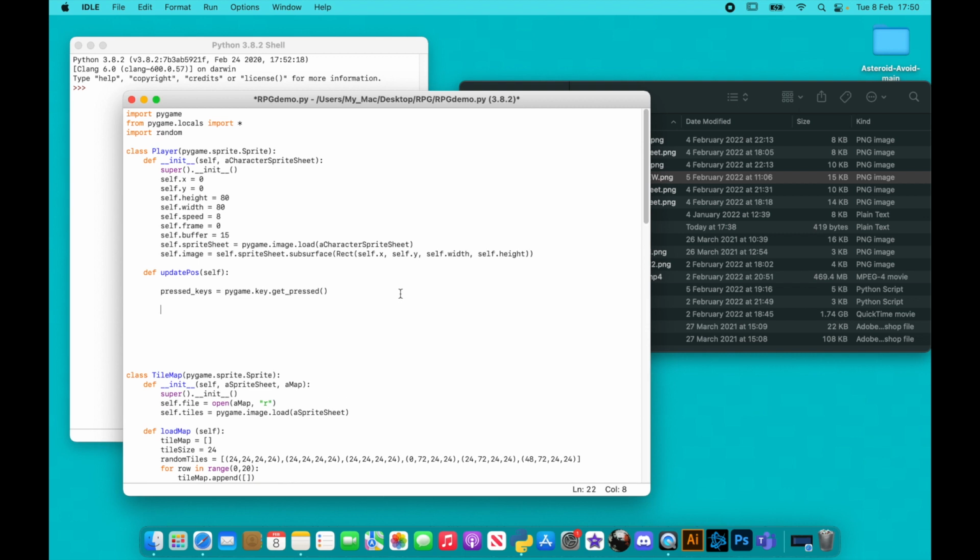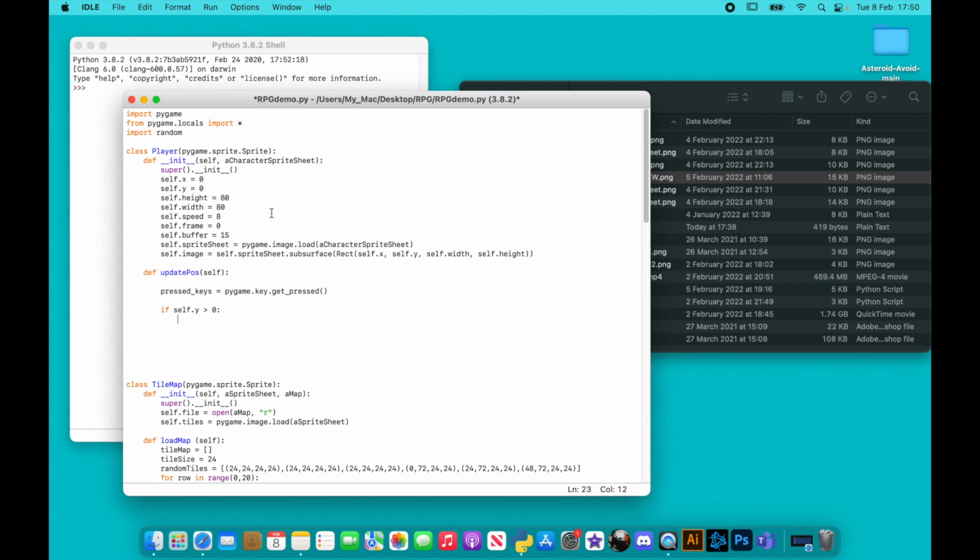Now I need to make sure that I don't go off the screen for this first bit here, because I haven't really decided how I'm going to load in off-screen items and things like that, or different parts of the level. So for the minute, if self.y, so the y-axis, is greater than 0, so basically I can't go off the top of the screen, I'm going to check the following. So if the up key is pressed, so if the pressed_keys is equal to K_UP, so key underscore up,